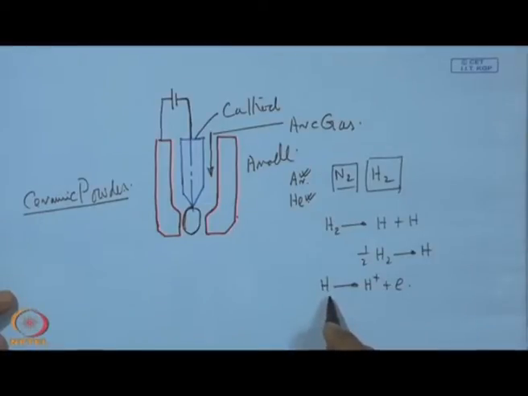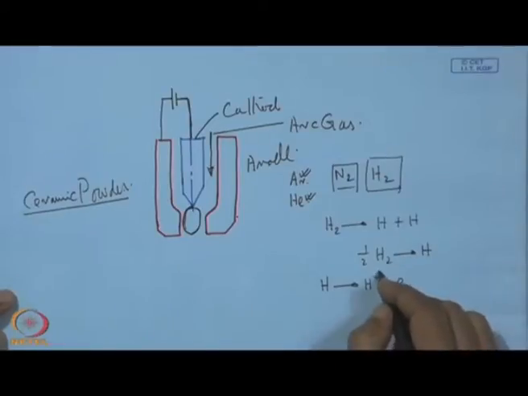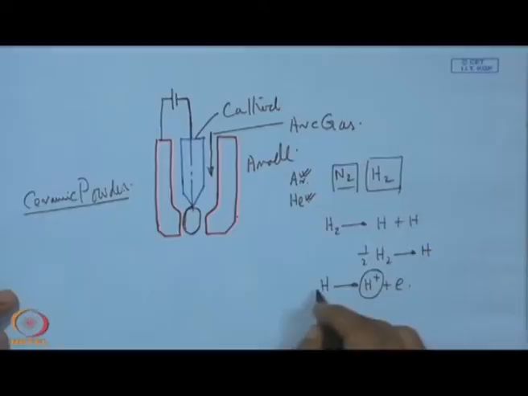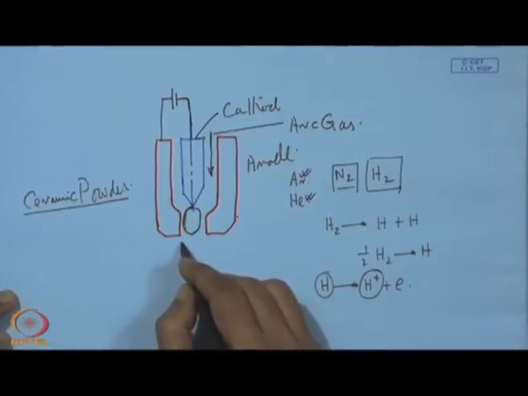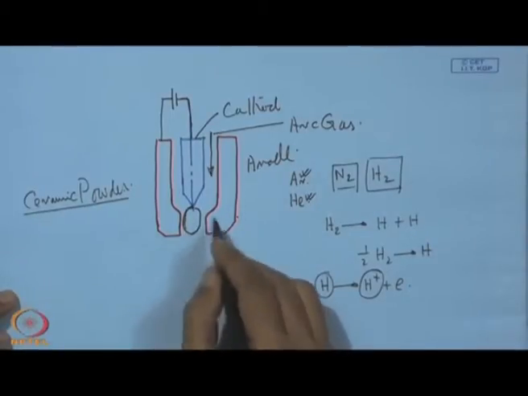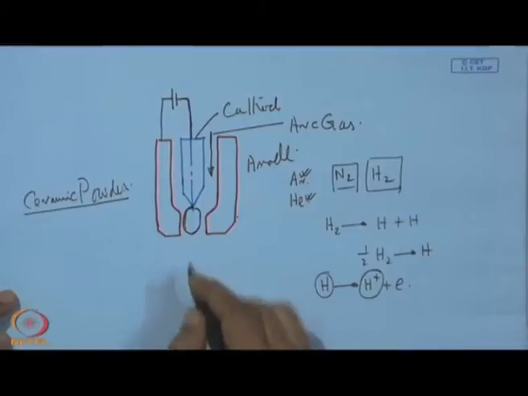That means this hydrogen ion will become, by taking one electron, atomic hydrogen, and atomic hydrogen will become molecular hydrogen, and in this process it will start releasing heat, and that is going to happen in this zone outside this discharge zone. That is going to happen, and here we have the substrate,